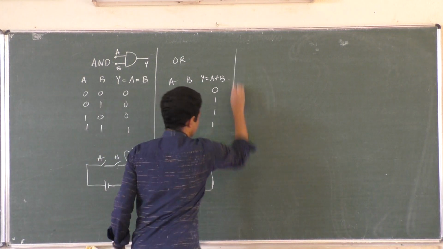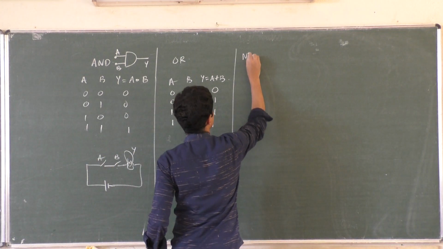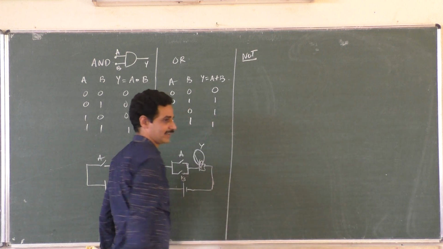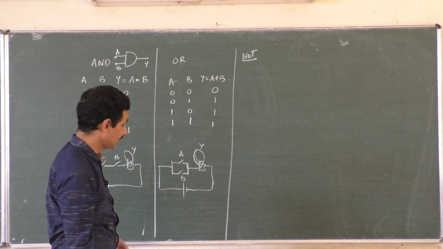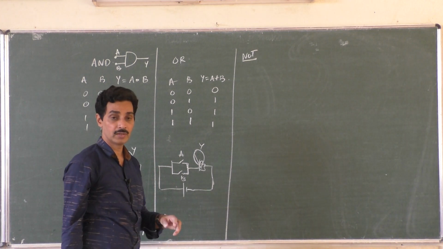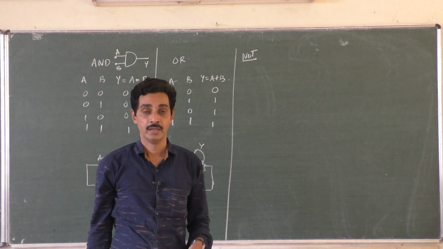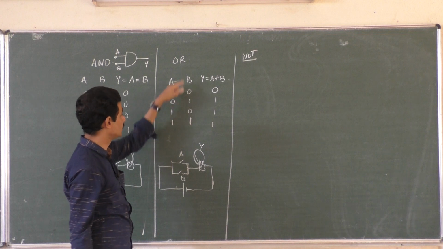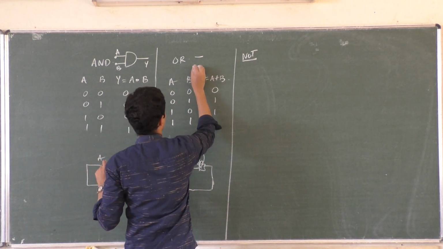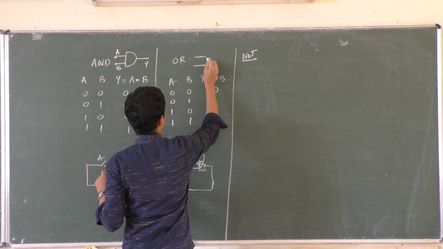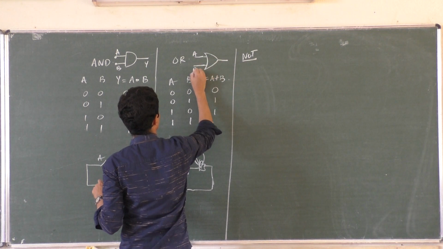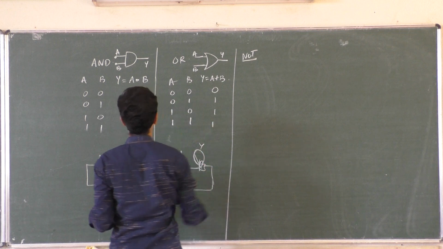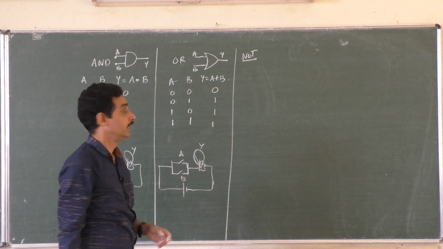NOT gate. What is NOT gate? This is again clearly a wrong circuit, whatever I give. Nobody will construct a circuit like this now. NOT gate is a logic circuit which gives output which is not the input. Here, of course, A or B is on, output is on. This circuit is not NOT gate, right? A, B, Y. Y is A or B, not A plus B.